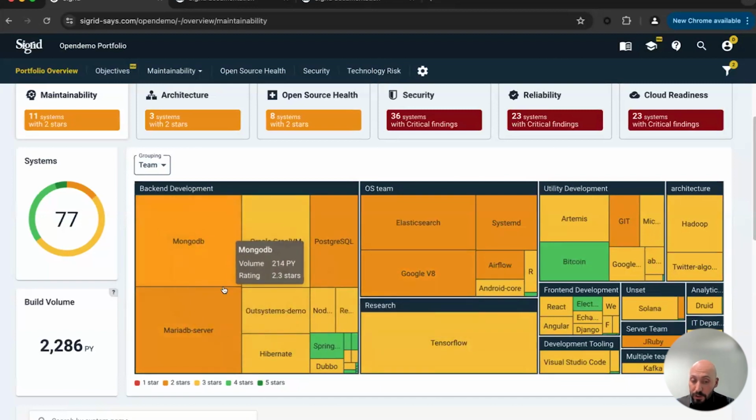If you are asking yourself why some boxes are bigger than the others, this is the relative rebuild volume. So we measure also volume, not only in lines of code, but also technology based. So it has to do also with the productivity factor of that specific technology. If your system has multiple technologies, of course, we can also translate that to multiple technologies and productivity factors. And we explain that in something we call person years or development years.